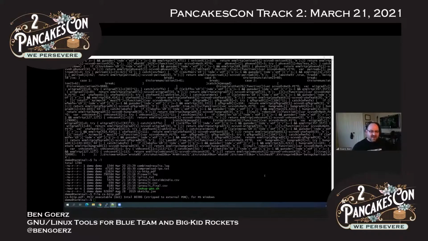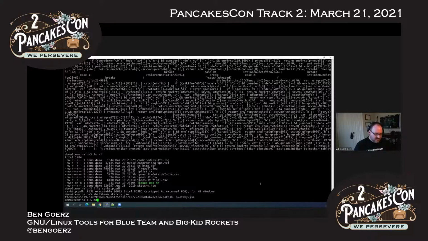So a much safer option is to do the SHA-256 sum or MD5 sum, and I'll just show you those quickly. So SHA-256 sum, MD5 sum. By the way, quick